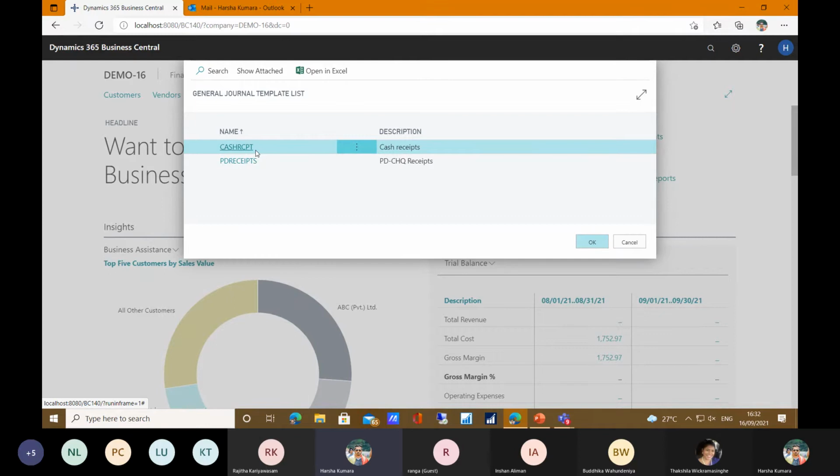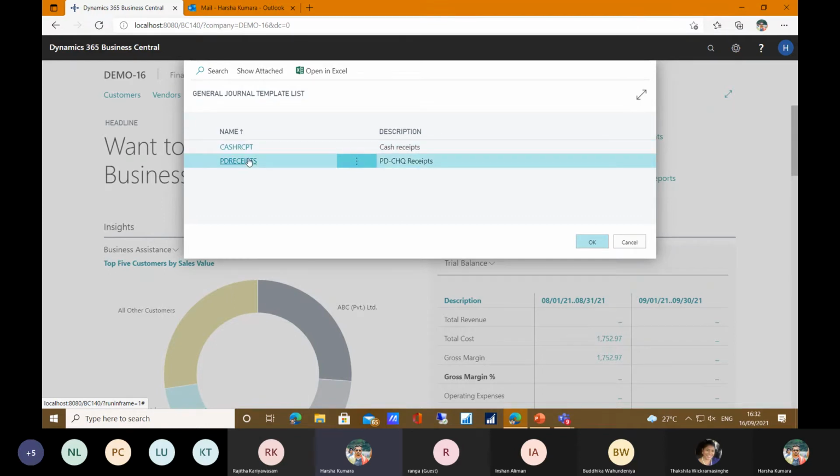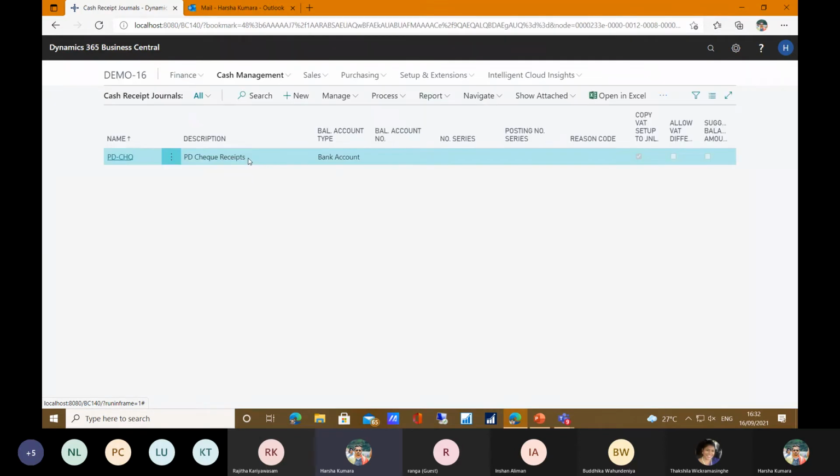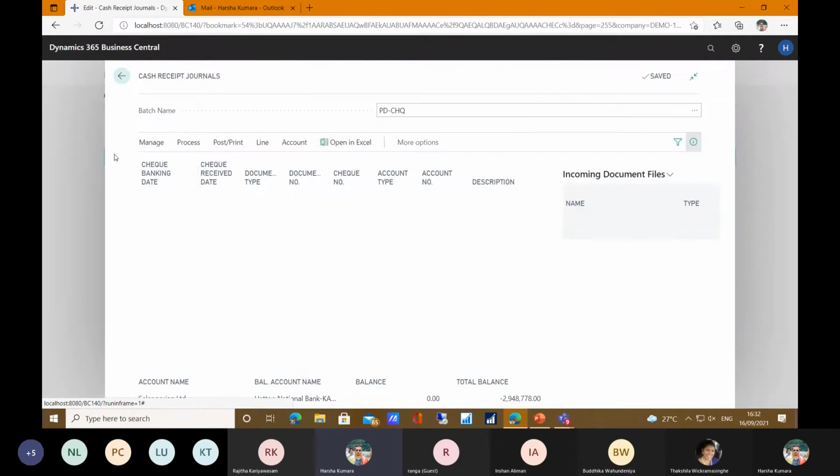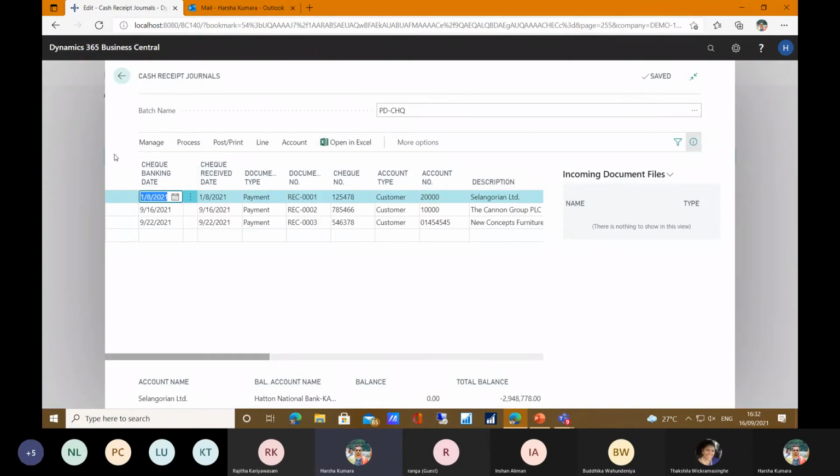But in the PD receipt, of course, we have put some control, and users cannot post any data without coming through a restriction. The restriction is that we have added a new field in the cash receipt journal PD module solution, called check banking date.